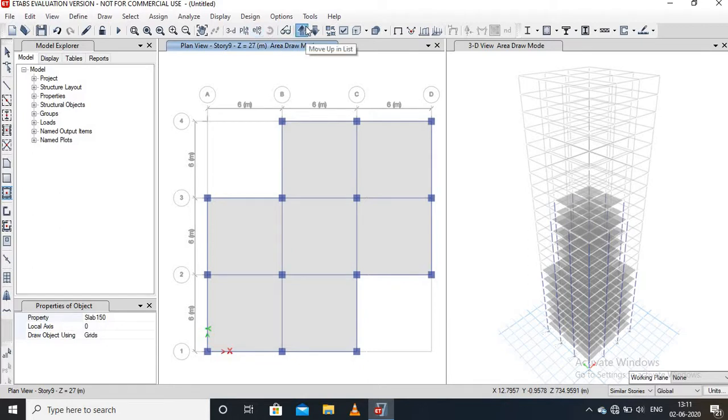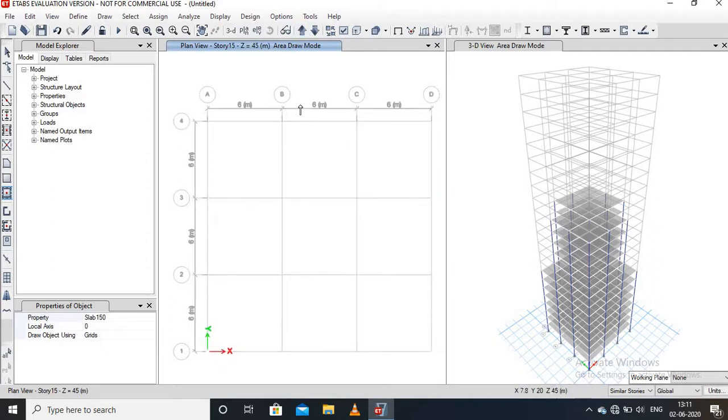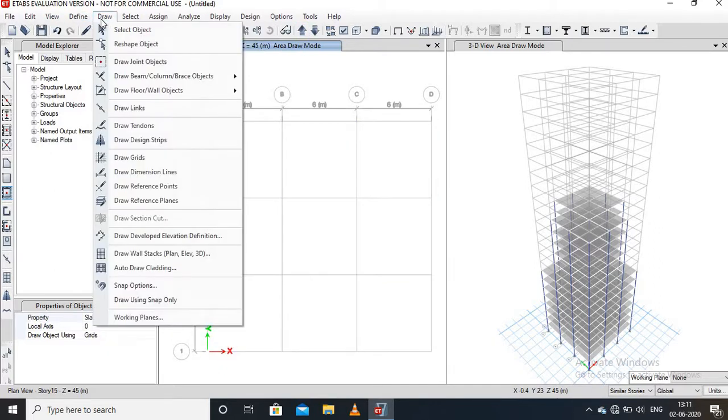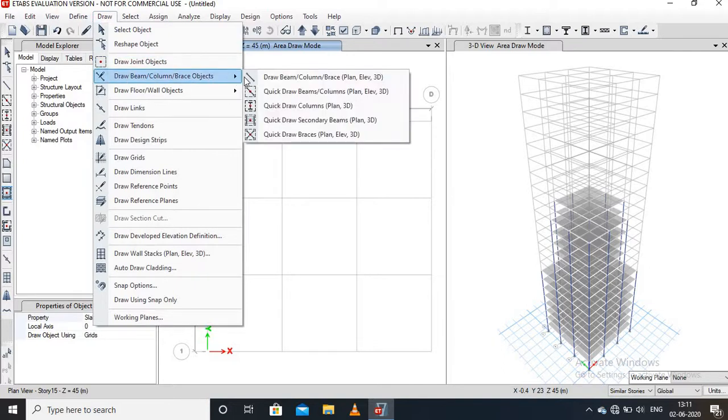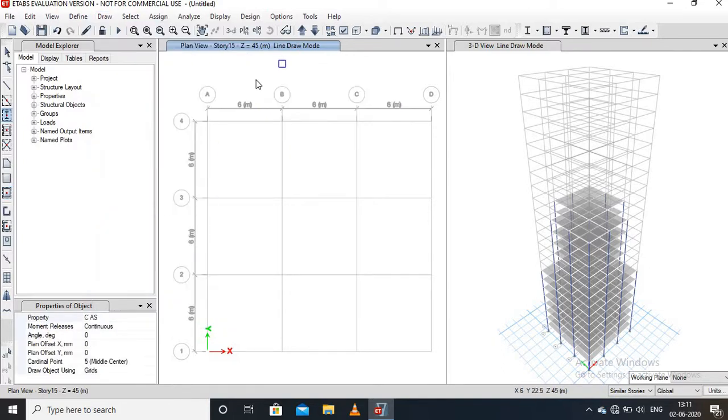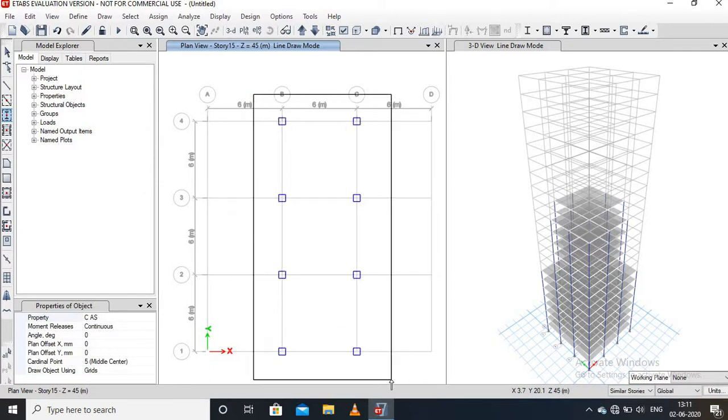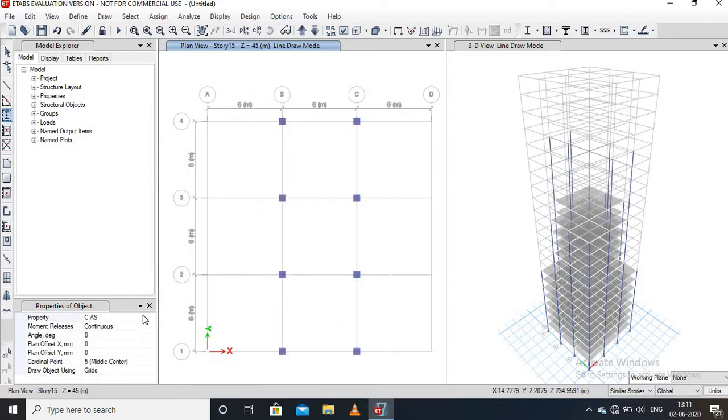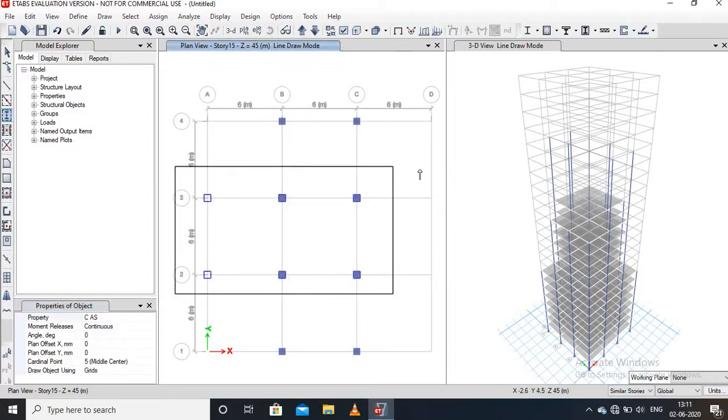Then go to story 50 and draw the beam, column and slab. First of all we have to draw the column. Go to the draw menu, draw beam column and quick draw column option, then draw the column.